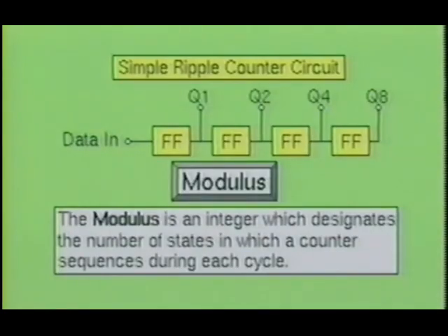So far, you have seen how flip-flops may be connected to count from 0 to the modulus number, or from the modulus number to 0. The modulus is an integer which designates the number of states through which a counter sequences during each cycle. But what happens if there are two numbers to be combined within the system? After all, this is what the computer does best. This simple combining of numbers is performed by circuits referred to as